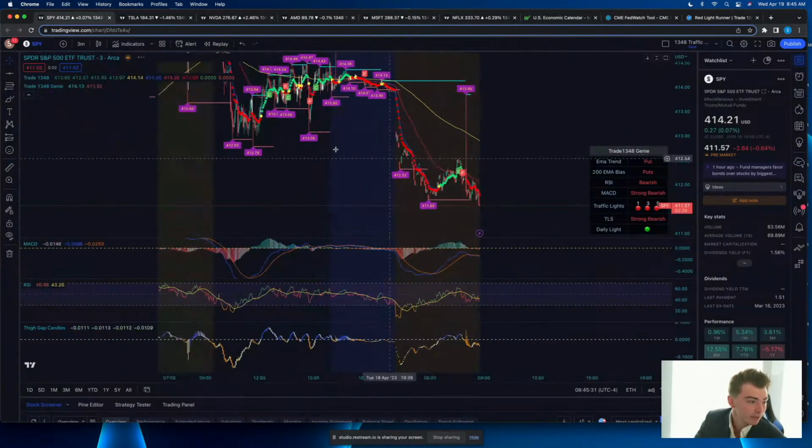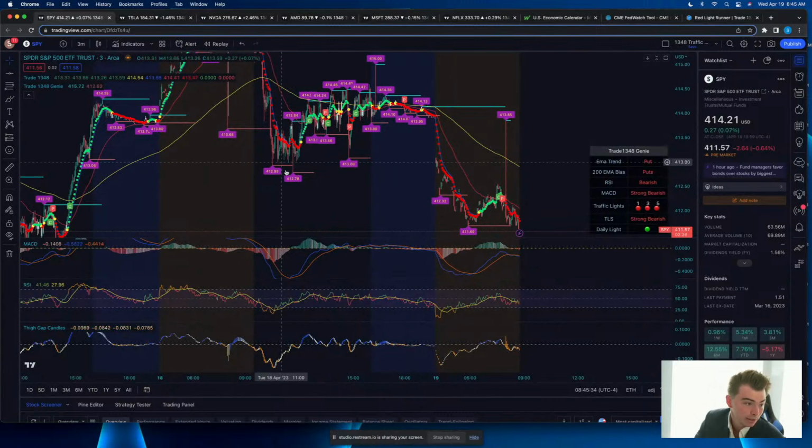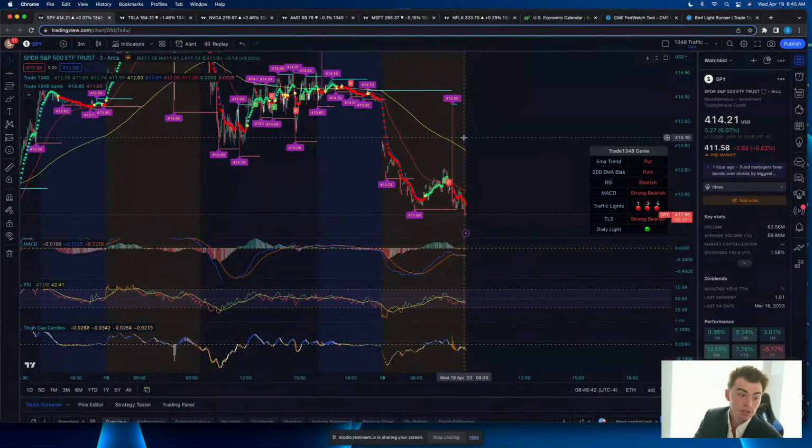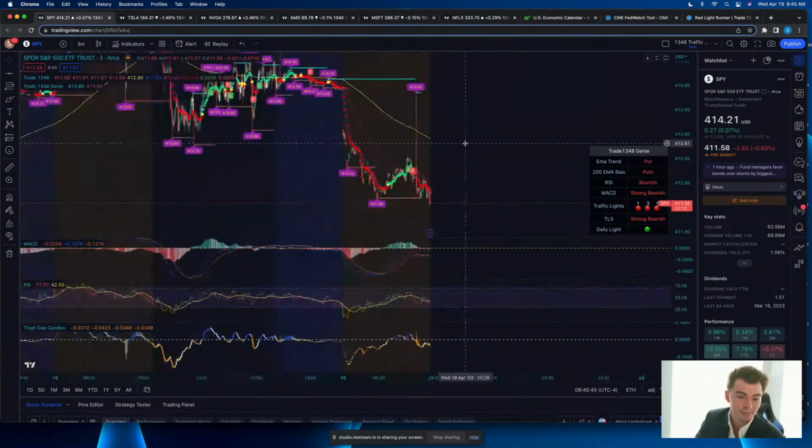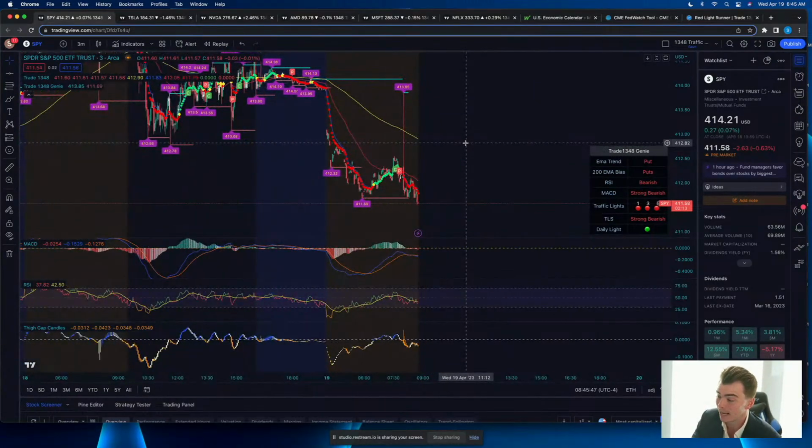So we did see a little bit of volatility yesterday, initially in the morning. A lot of chop coming after that. Nice little choppy move back up here. This is just kind of nonsense price action after the morning move. So I'm kind of expecting some chop here. That's kind of what I'm looking at going into today.